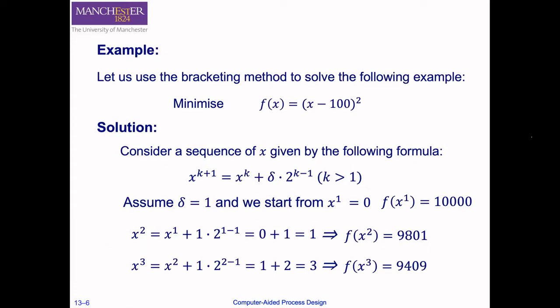Let's use one example to show you how the bracketing method works. In this example, we want to find the minimum of the function f(x) = (x - 100)^2. As we discussed previously, we first need to set up an initial bracket which will include the minimum. We can set up a sufficiently wide bracket like 0 to positive infinity, or like 0